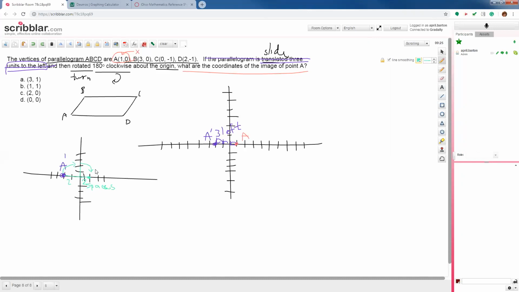So now we're here. When you do 2 movements, then we use 2 apostrophes to say, now I did something else to it, the second time I made a movement. And now we just need to pick the correct coordinate. What coordinate matches where our point ended up? There ain't no 0, 2. It'd be 2, 0, because your x,